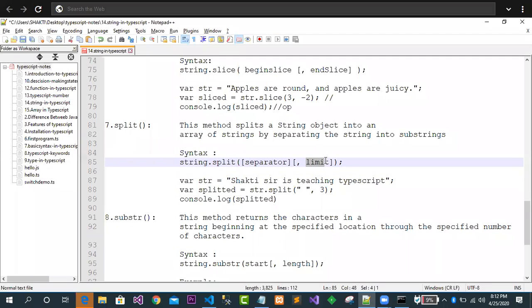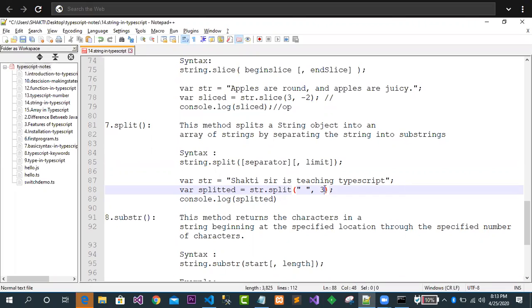From where it will start? Or we will see the limit exactly. Can you please tell me? Okay, how exactly it will work? Who can say what exactly I'm trying to do? I'm trying to split by a space. Whenever I get a space, it will split. Okay, so let me just remove this one. So who can say what is the output now?